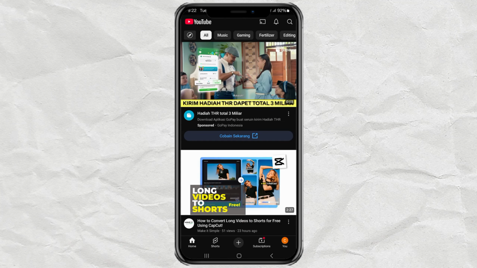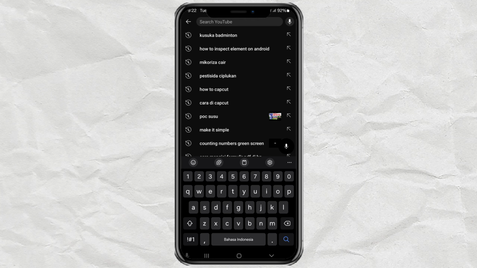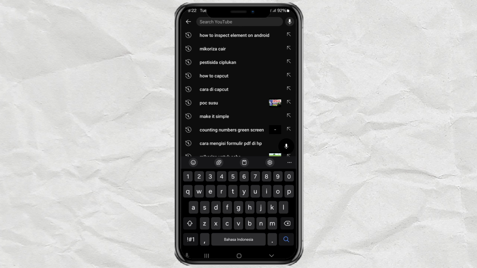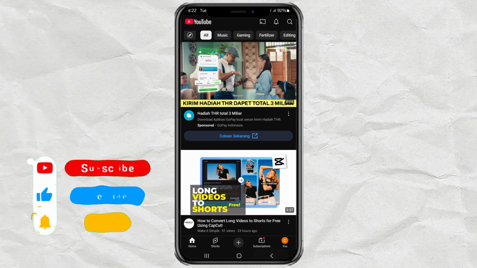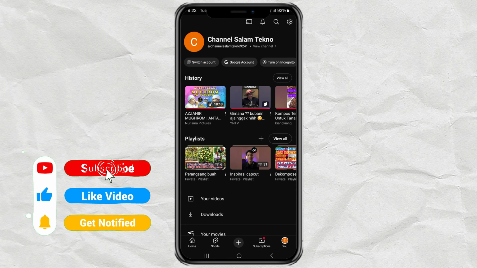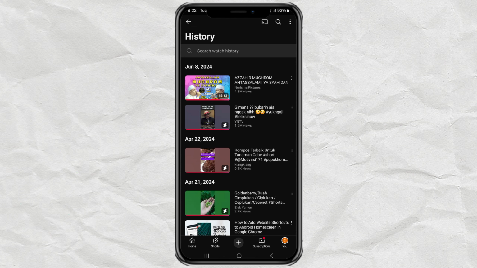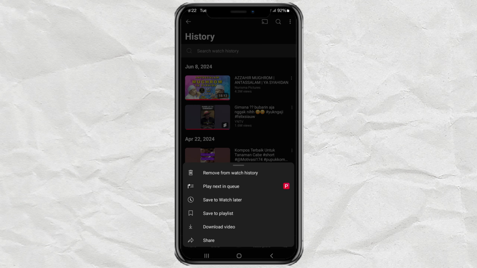This is your YouTube search history. You can delete it one by long pressing an item and tapping remove. And here's your YouTube watch history. You can also delete videos individually by tapping the 3 dots next to a video and selecting Remove from Watch